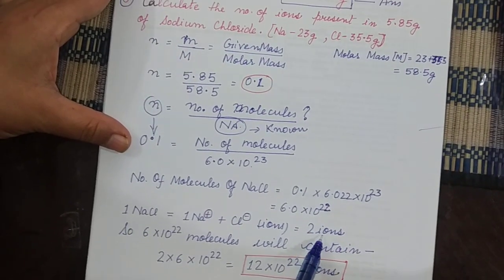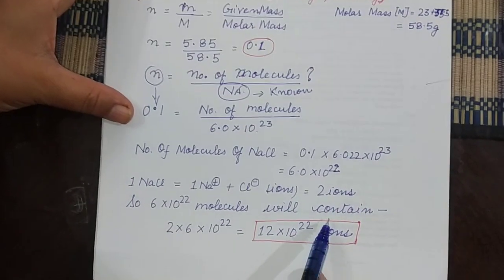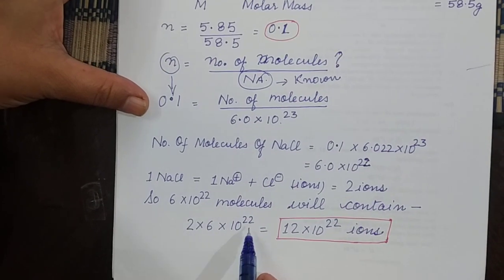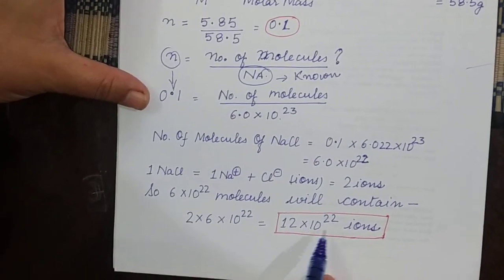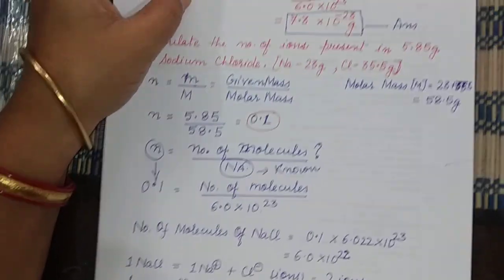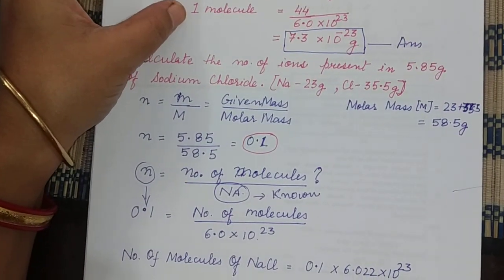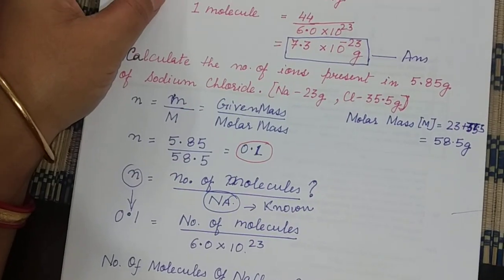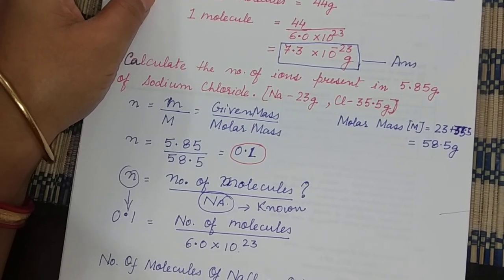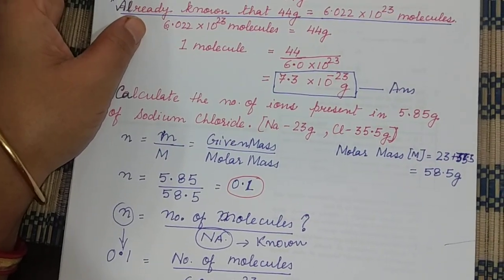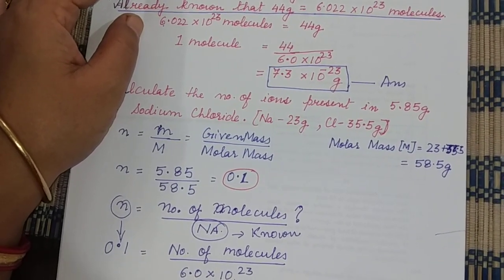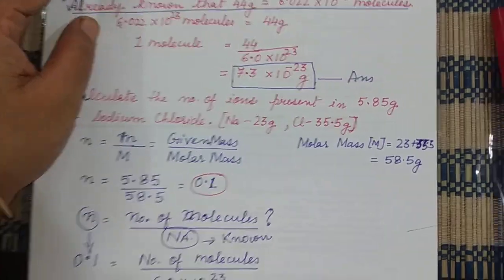One molecule is made up of 2 ions. So these many molecules will be made up of 2 into 6.0 into 10 to the power of 22. That means 12 into 10 to the power of 22 ions. So these are the 3 types of problems that you will come across at your class level, that is, the level of class 9. Yet there are a variety of problems which we will be discussing as we proceed ahead in the class, children. And I guess you must have understood the mole concept.